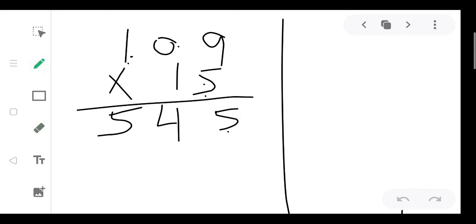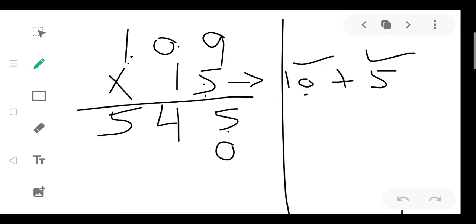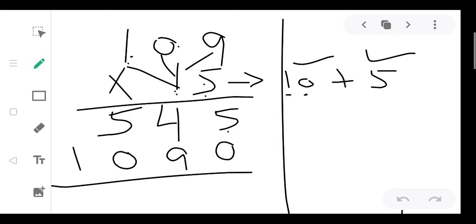Now you know that 15 means 10 plus 5, and the 5 multiplication is over. Now we have to multiply by 10. So at this ones place we will put 0, or you can put the multiplication sign, and now we will start multiplication by 1. 1 9's are 9, 1 zeros are 0, 1 1's are 1, and now we will add it. And erase this sign.